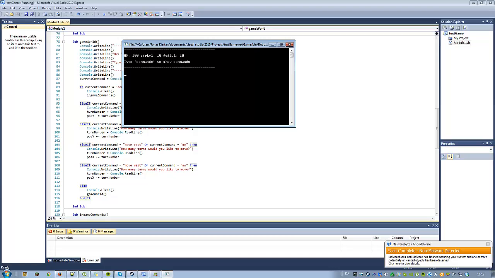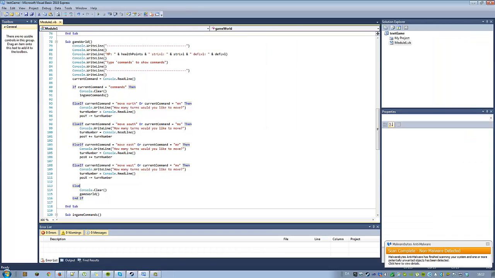Okay, so now we want to do, let's say, move north. How many turns would you like to move? We can say we want to move 10 turns. And it crashes. The reason for this is that once we put this in and press enter, it does this little calculation here, and it needs to go back, otherwise it'll just crash. It'll think, okay, well, there's nothing more to do here. So we want to just do,